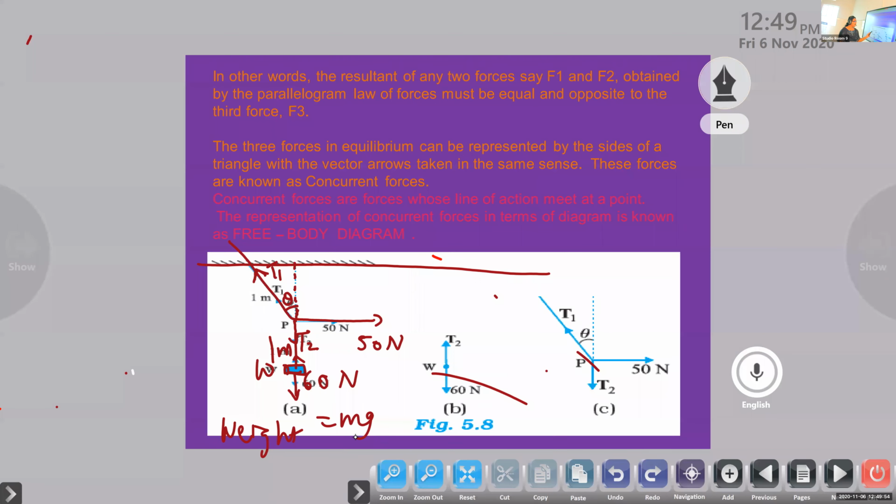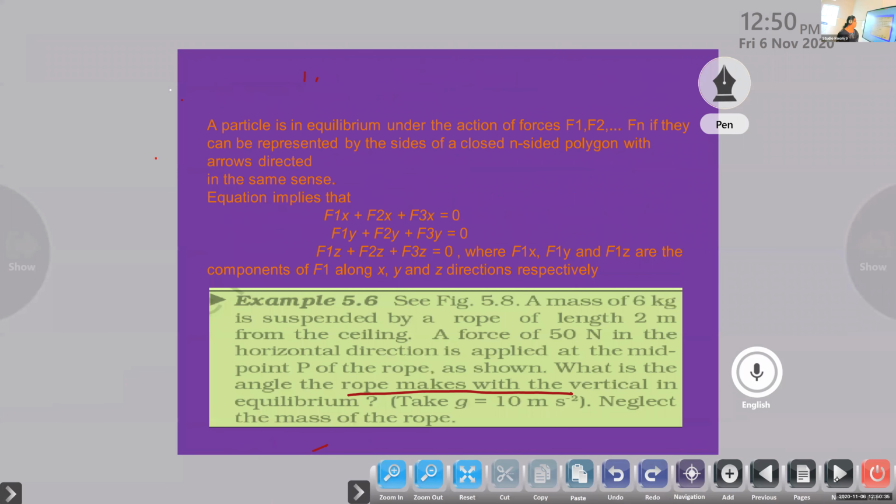So let us see, T2 is the tensional force of that weight, and there is a common point P, and we are considering the force is resolving into 2 components. One is in vertical direction, another one is a horizontal direction, and the rope also has been tied slantingly here and it is making an angle theta. So that tension we can write as T1. So first tensional force, second tensional force, and 50 Newton, 60 Newton, all this acting at a common point P. Okay. Now let us come to the problem solving.